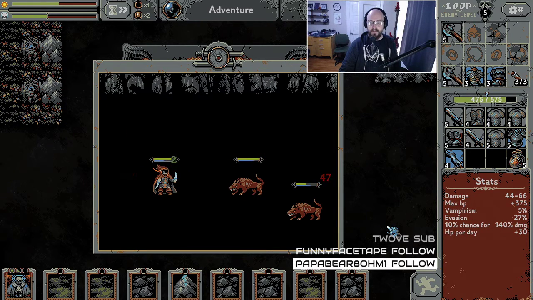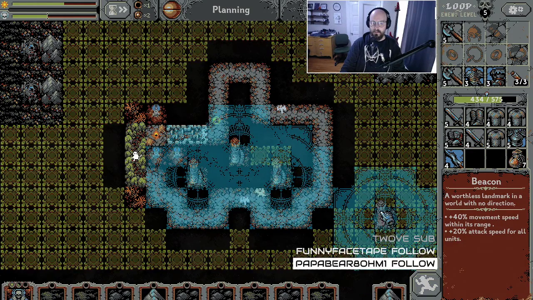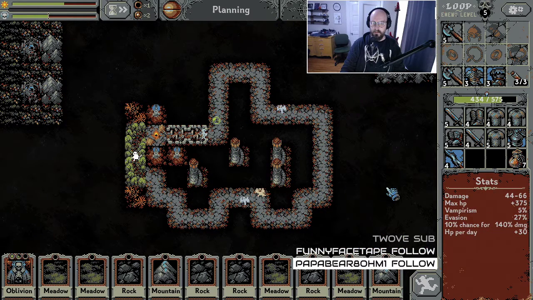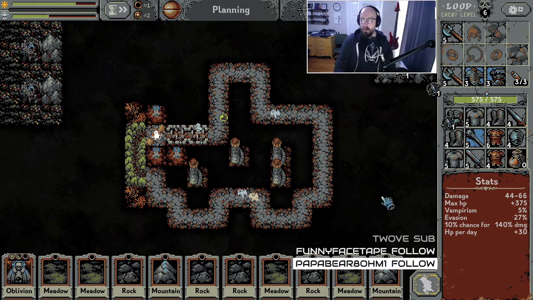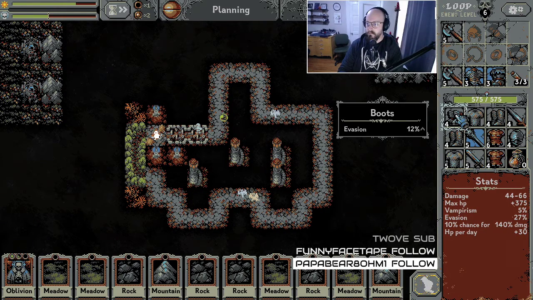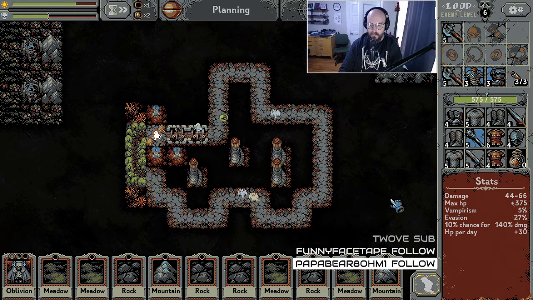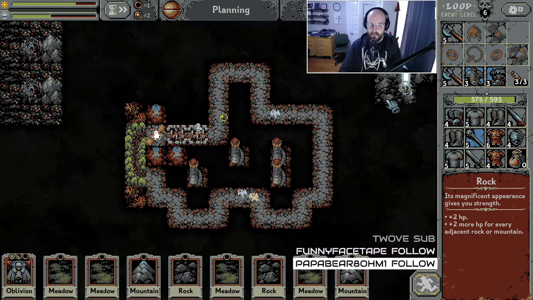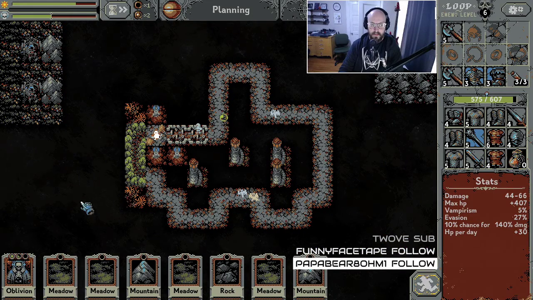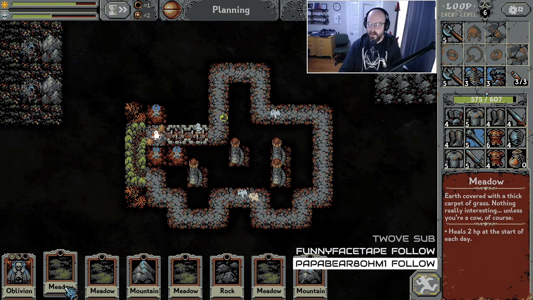I'm gonna need to start placing some stuff soon. Okay, new gear. None of those boots are better. That's not better. None of that's better. Fuck. Alright, let's place some rocks. And some meadows. The meadows don't have any,